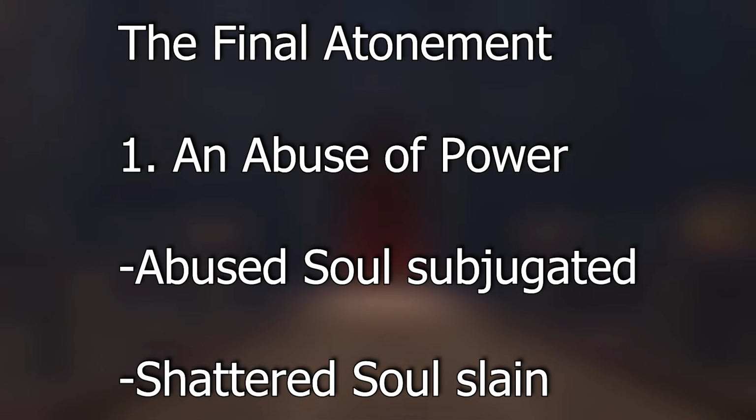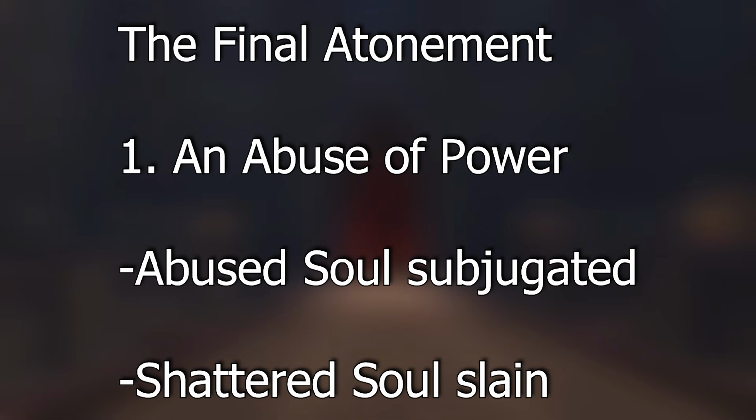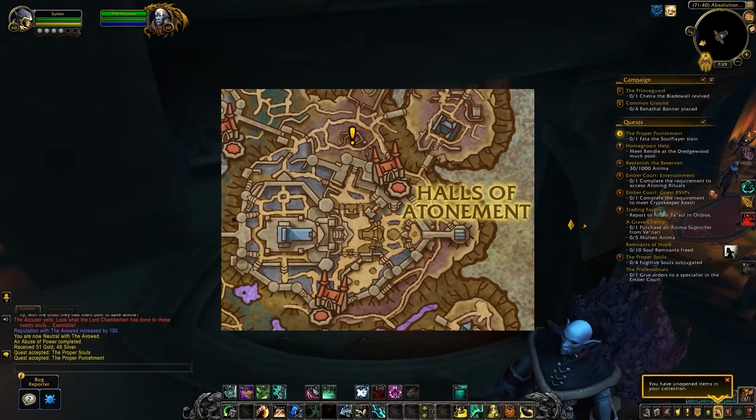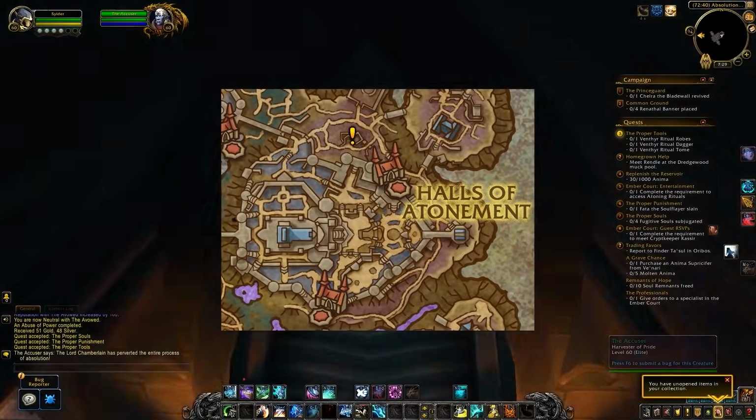They should have the quest called An Abuse of Power. Either way, get yourself on that quest chain, go through it, and then we'll be able to start the Avowed reputation grind. So in the early stages, what you're going to want to do is grind the Halls of Atonement